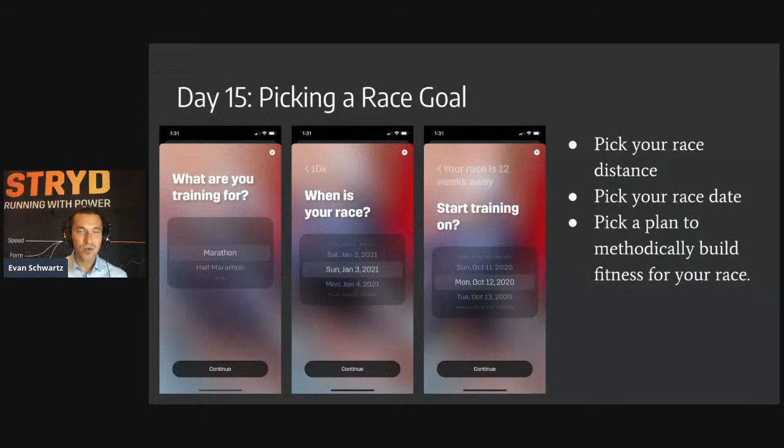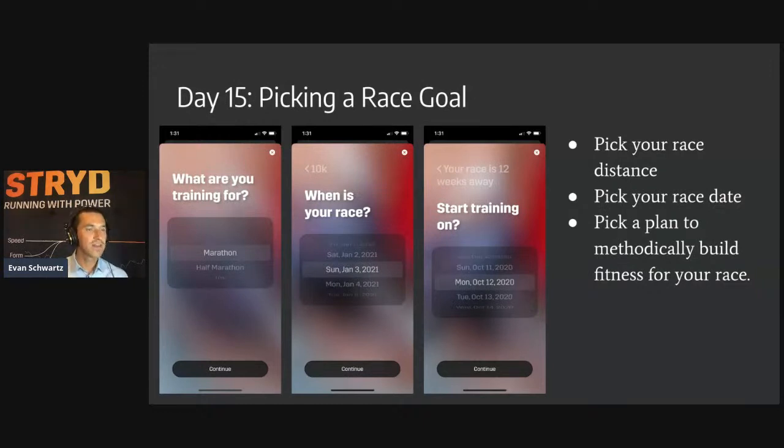The next thing to do is to pick your race distance, to pick a training plan that is going to fit for you. So we can simply go again to the settings menu, go to training plans, and then you'll be presented with marathon, half marathon, 10K, 5K, base fitness, or doing the intro plan again. Since you did the intro plan just then for your first 2 weeks with Stryd, you'll select something like a marathon. You say that your goal race is on Sunday, January 3rd, 2021,